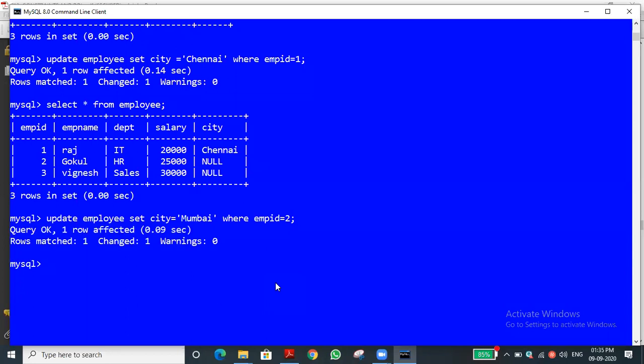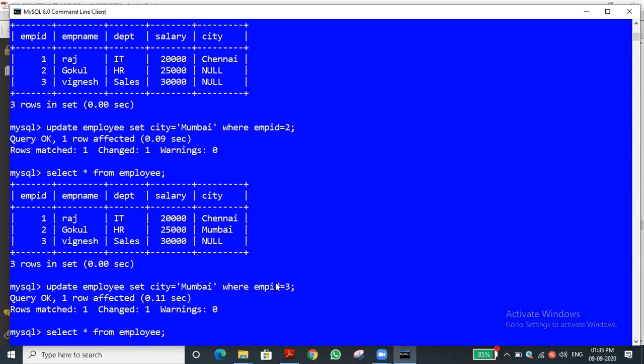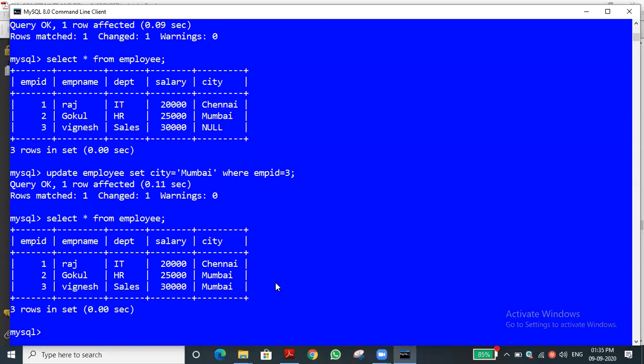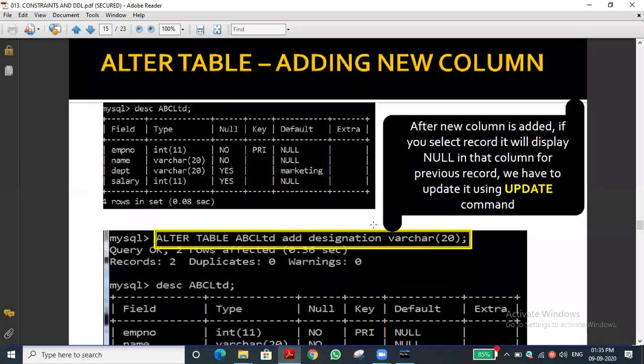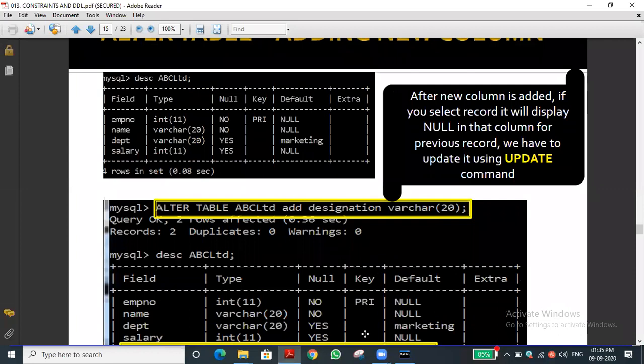Now you can see the new things will also be updated. Likewise, we can update one by one, and now all the values will be updated. Now let me see another type. Let me see the default constraint. Another constraint is there. Now, how to use the default constraint?